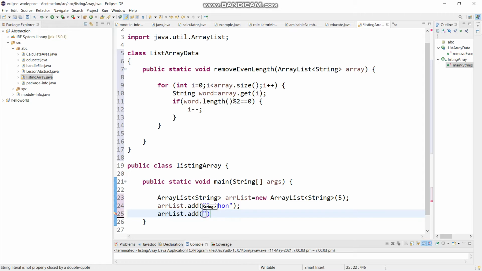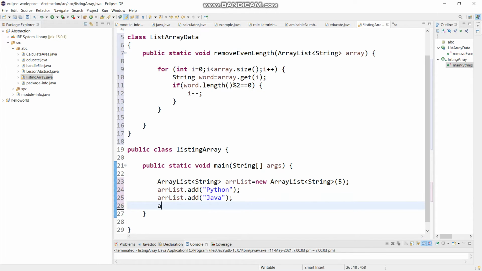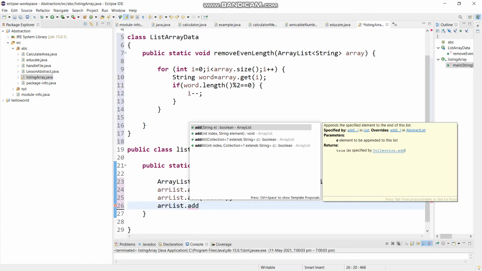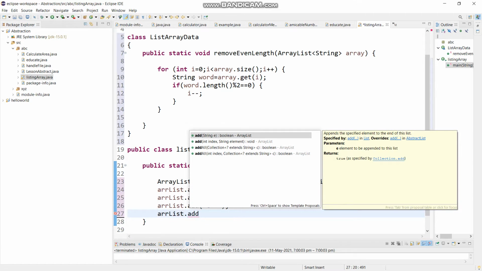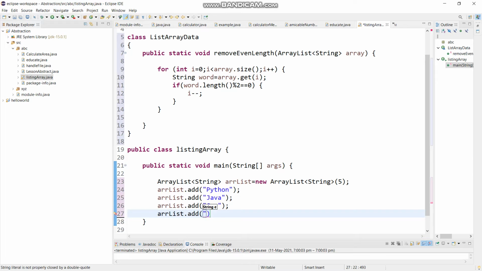Now arrayList dot add what we have done earlier, and inside this I'm going to write Python. This is the item I want to add. Then arrayList dot add, inside it I'm going to write Java. Then arrayList dot add, and then C++. arrayList dot add, this is the fourth item, and it is HTML.